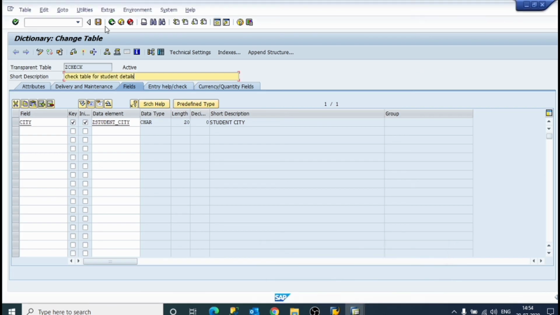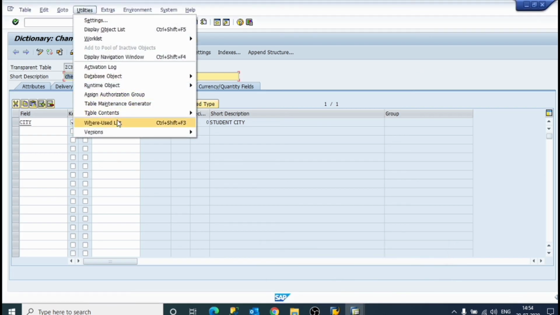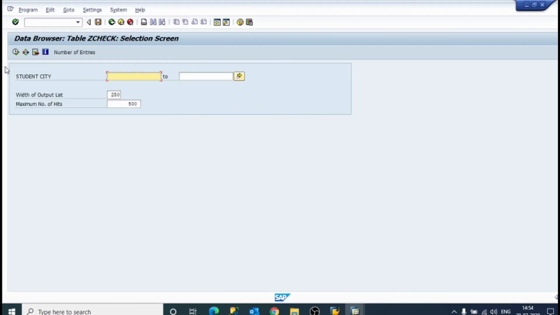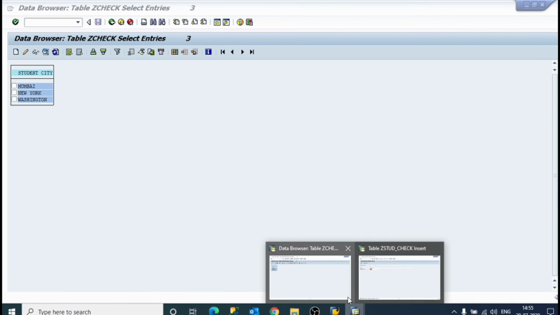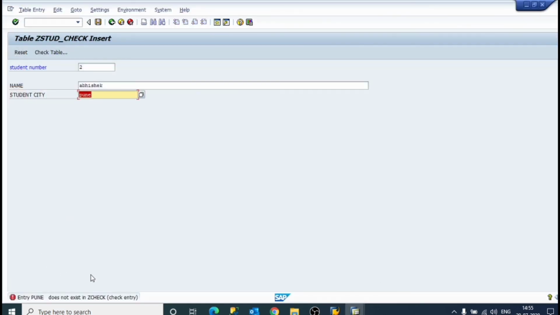I will show you. Utilities, table content, display: Mumbai, New York, and Washington. In the check table we have written these, and in this table we have written Pune. It will not accept it because the city name we provided is not in our Z check table. Try to save it, and it will throw an error.